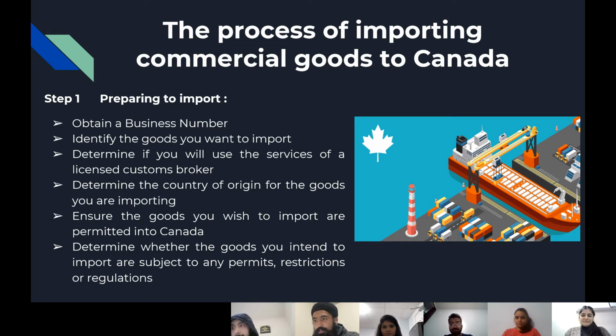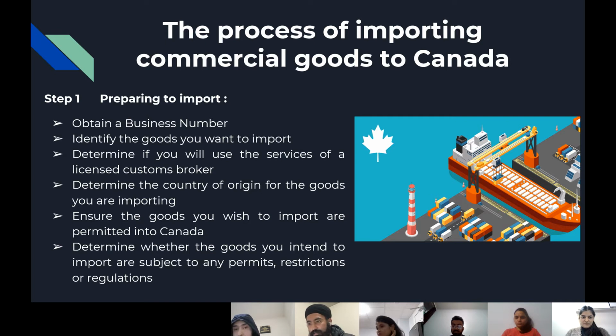It means that individuals or businesses who wish to import to Canada will be required to follow step-by-step guidelines. As per the new CARM requirements, this section presents the step-by-step requirements for Canadian importers. First, preparing to import. Before importing, individuals must fulfill various preparatory requirements, like obtaining a business number, as provided in the requirement list as per Release 1 of the CARM.